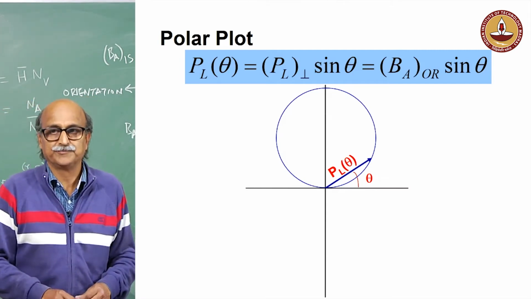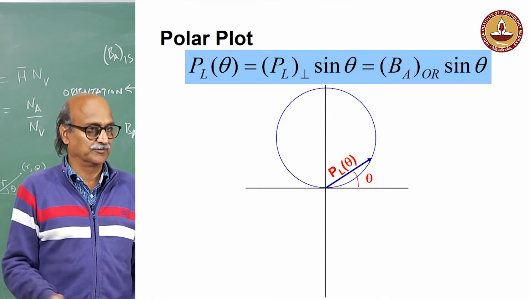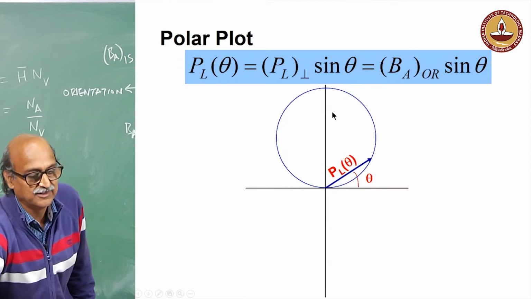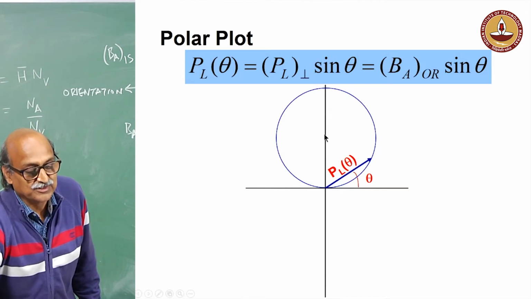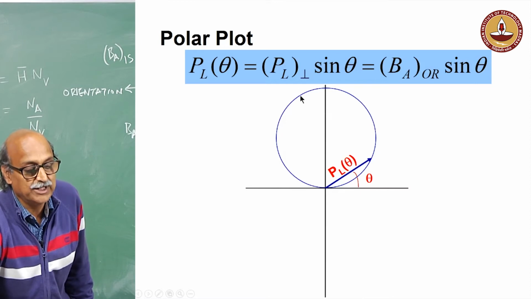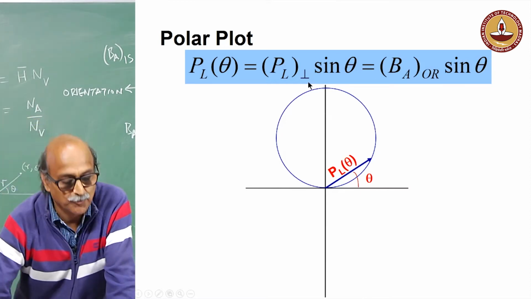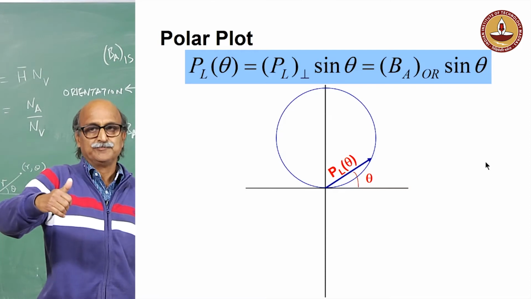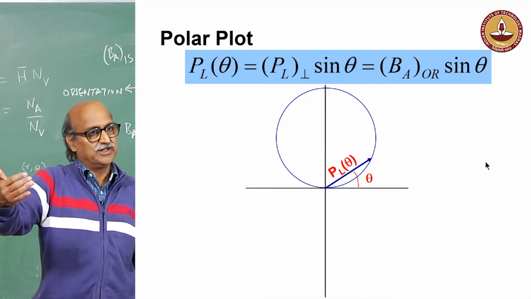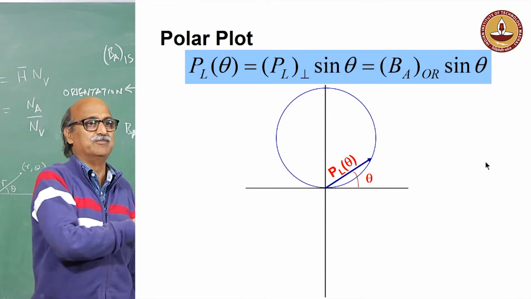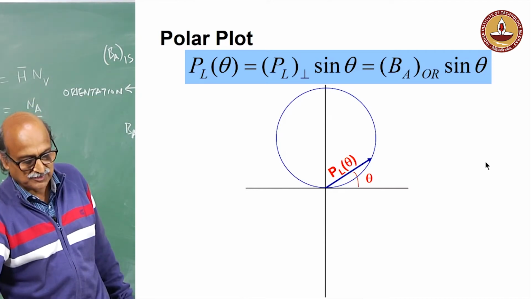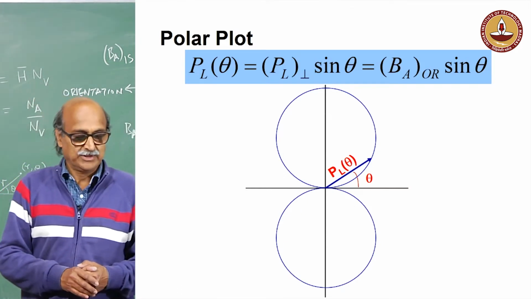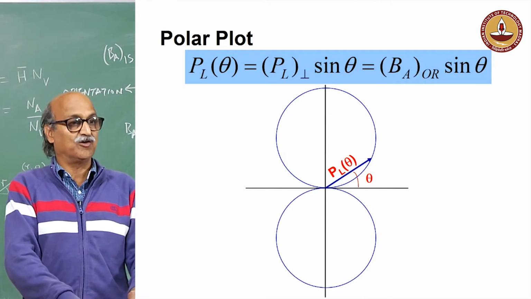Okay. This turns out to be the equation of a circle with center on the y axis, and the radius of this circle obviously is PL perpendicular divided by 2, or PL perpendicular is the diameter of this circle. And if I go from theta equal to pi to 2 pi, I am simply measuring again the orientations that I have already measured. So, I should get a mirror image of this circle at the bottom going from theta equal to pi to 2 pi. So, this is a graphical way of representing this orientation.